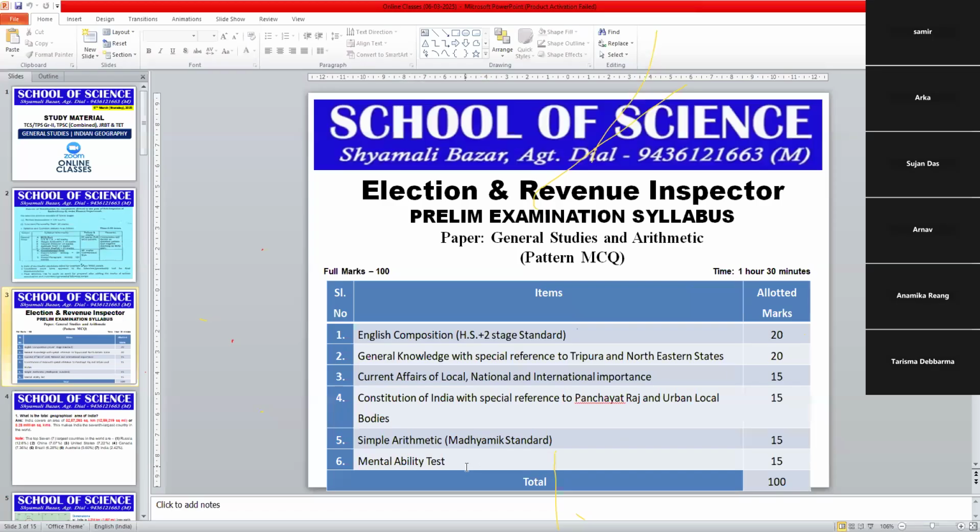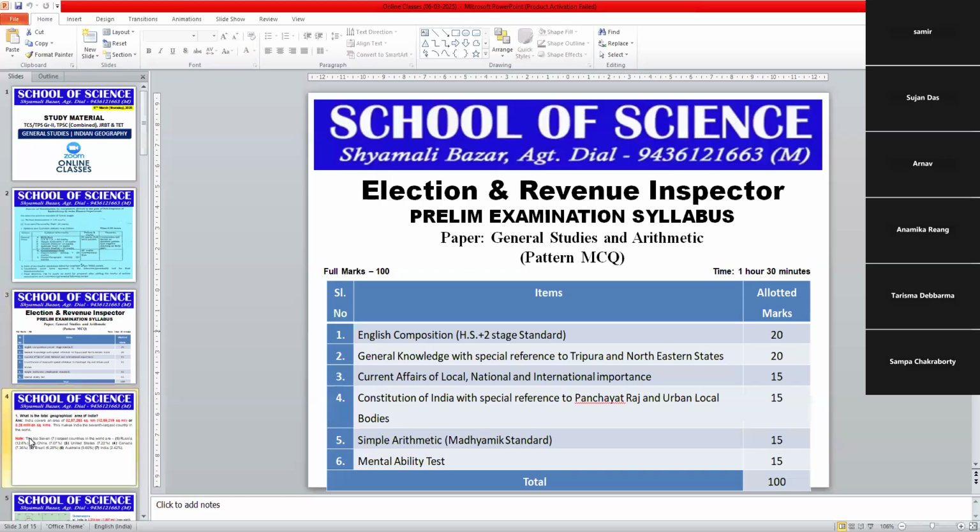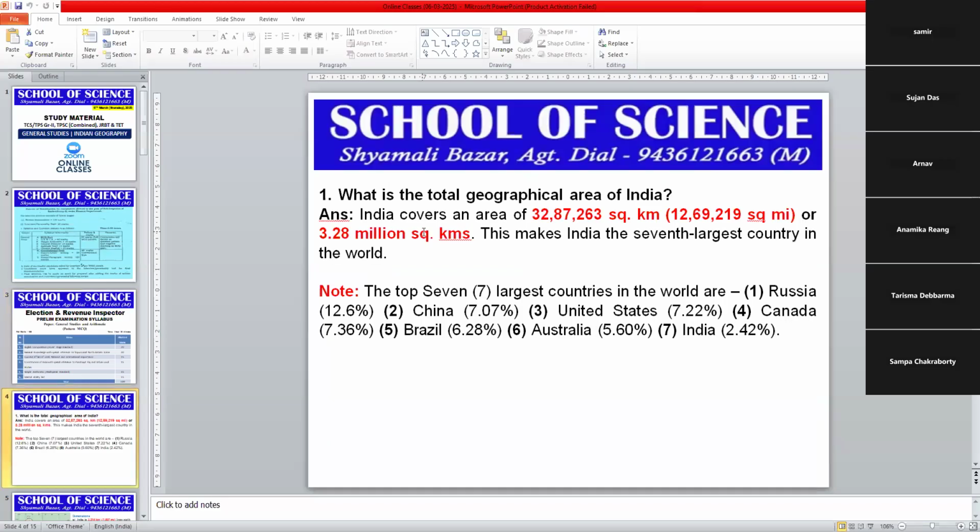Today we were discussing the geography of India, Indian geography. So for those of you who were late or could not join us in time, I am repeating once again whatever we discussed today. We were asking, what is the total geographical area of India? India covers an area of